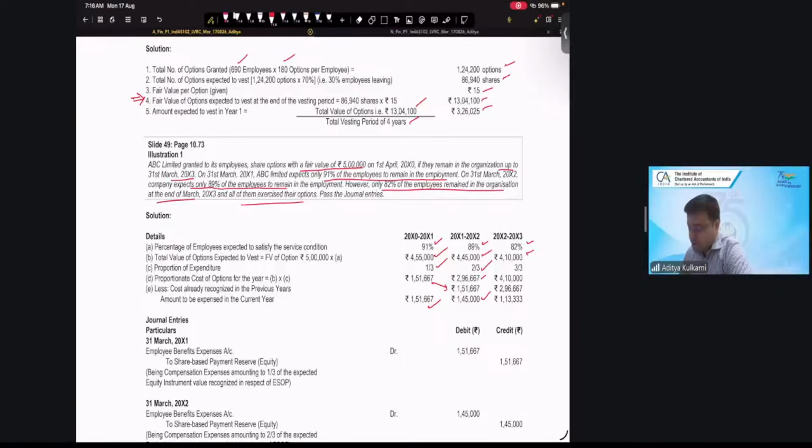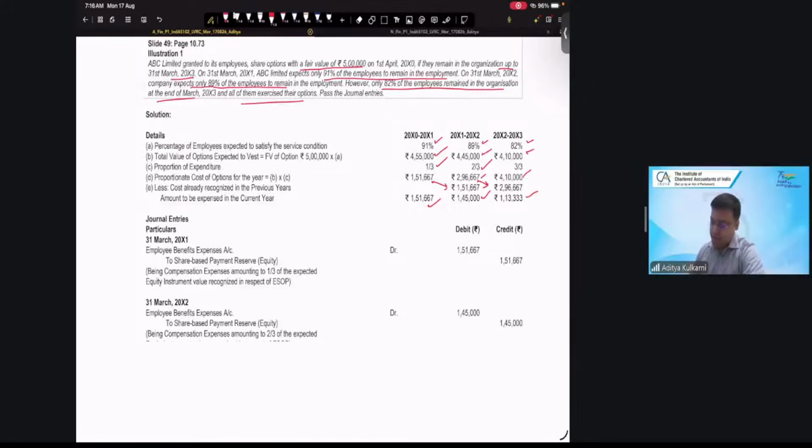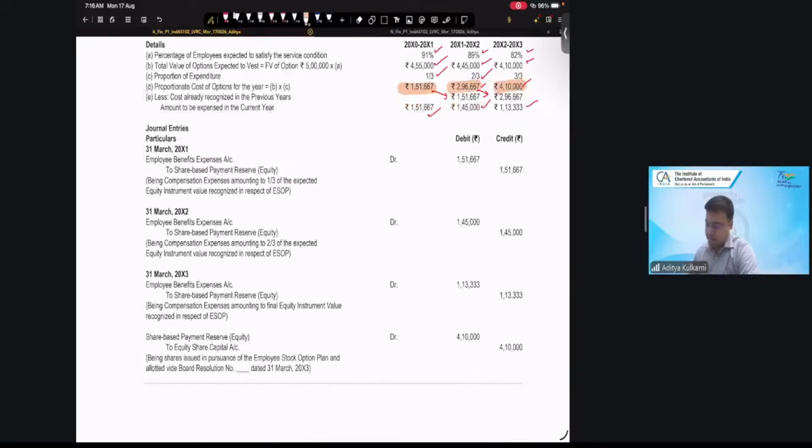Here you have a correct picture. 82% actually vested. So you should have booked an expense of 4,10,000, out of which you have booked 2,96,000. So last year your hit to the P&L is 1,13,333. Okay. So if you look at the journal entries, every year you will pass an entry, employee benefit expense account debit to SBP reserve equity: 1,51,000, 2,97,000, and 4,10,000. Are we okay with this? Yes. So this one, this one, this one. And then after that,